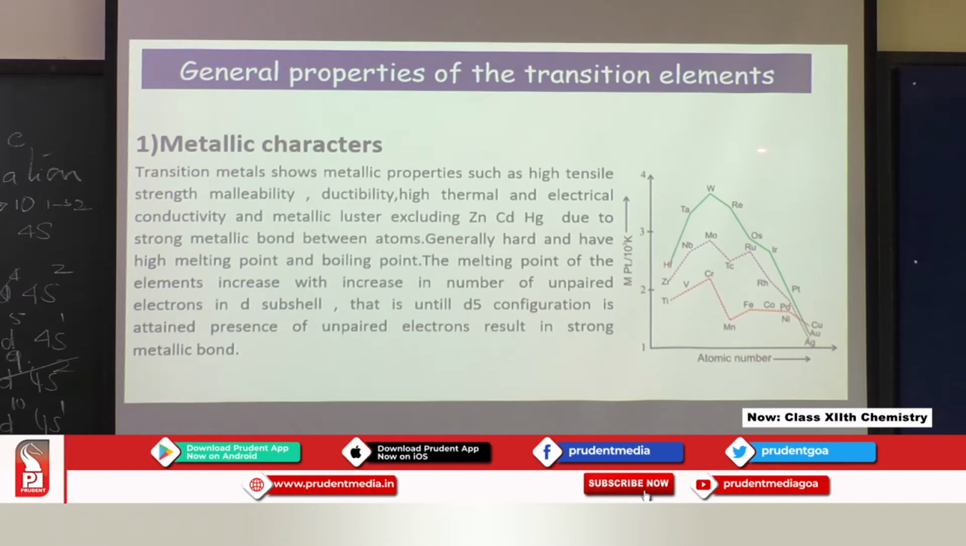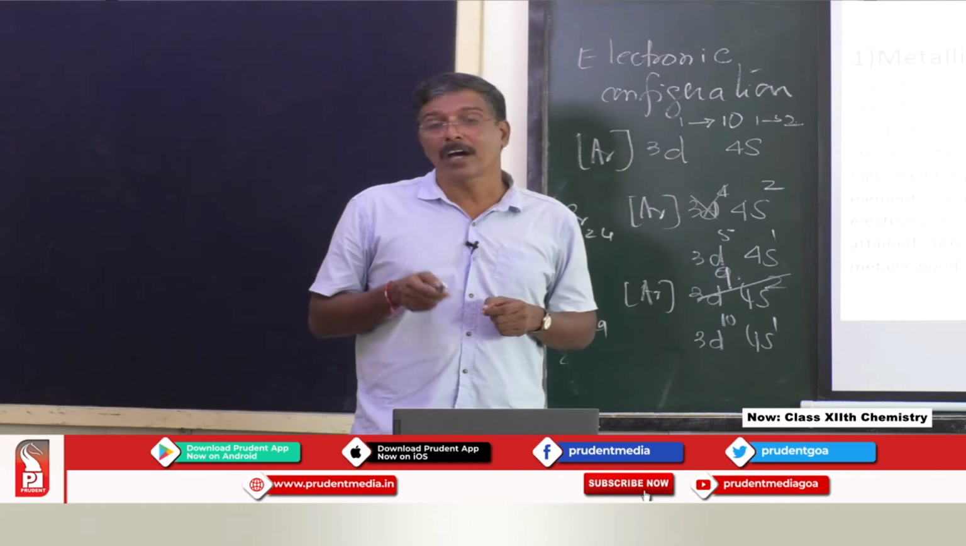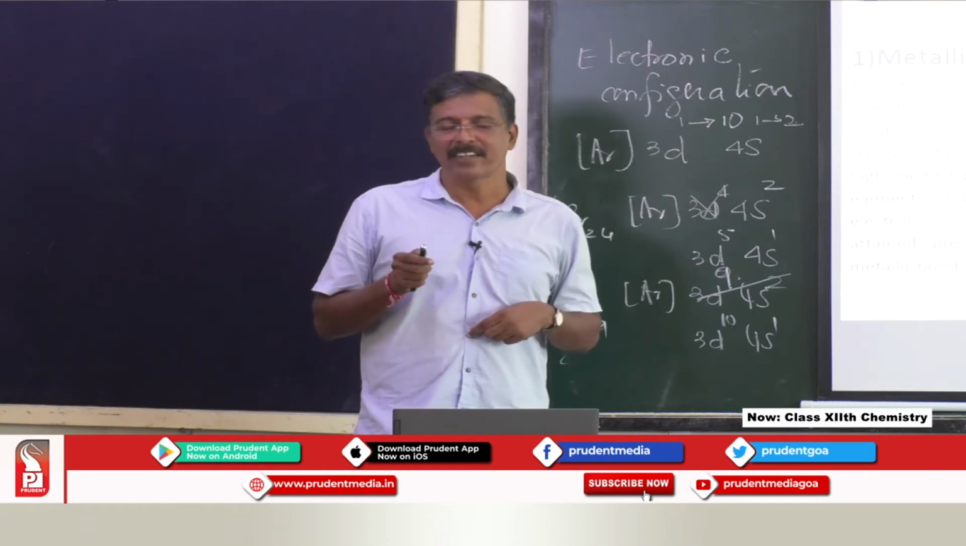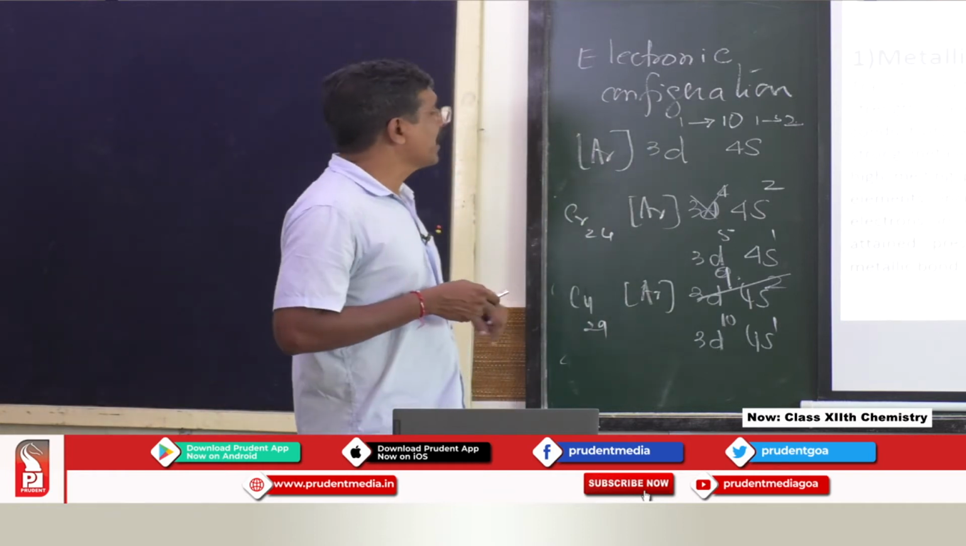See here, hafnium, tantalum, wolfram, W, Mo, molybdenum and Cr, they are very, very hard. Why are they very hard? They are hard because they have more unpaired electrons. The electrons are unpaired, they are single. When the electrons are single, they are very hard. Let us see the next property,